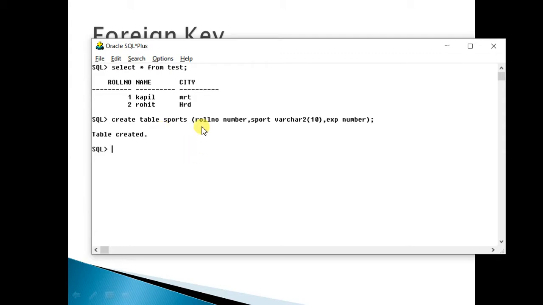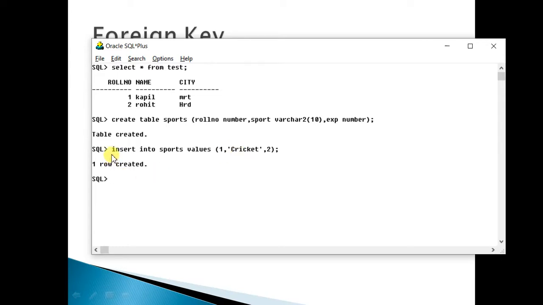Now we want to keep a record of a student and the different types of sports in which he or she has a hobby. What we can do, insert into sports values. Suppose you want to keep roll number one. Roll number one has a hobby in, say, cricket, and he has an experience of around 2 years.